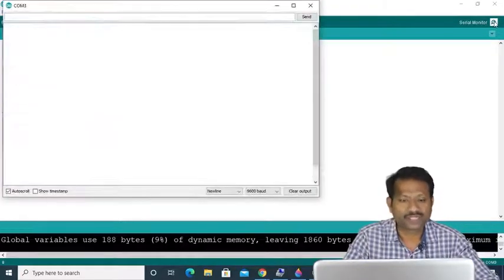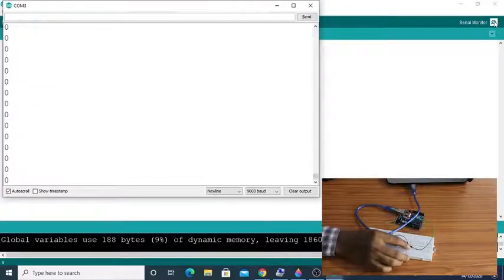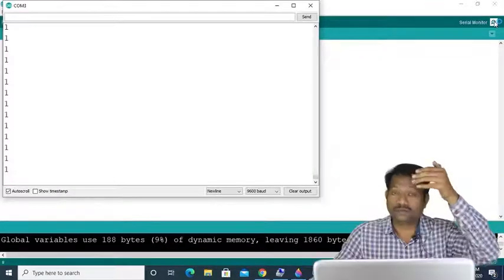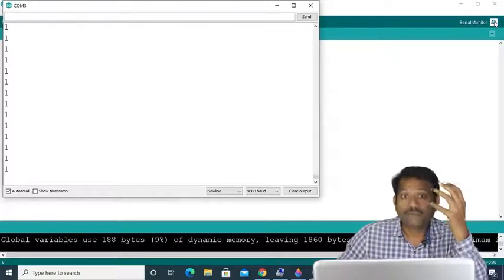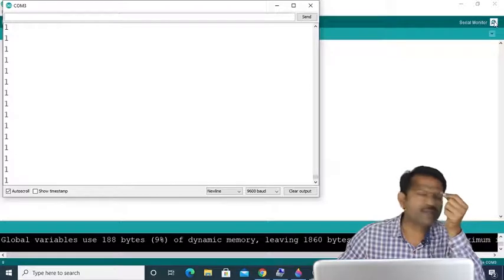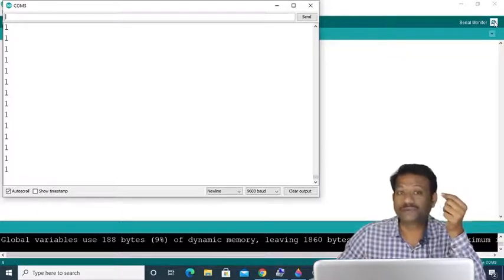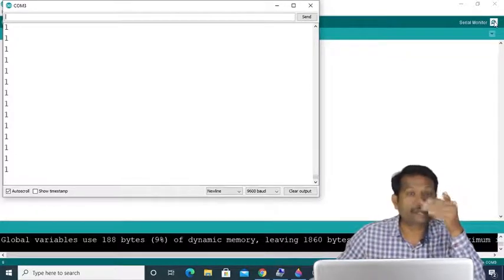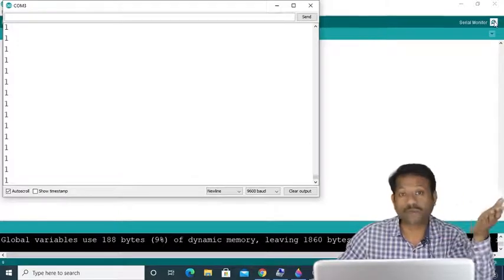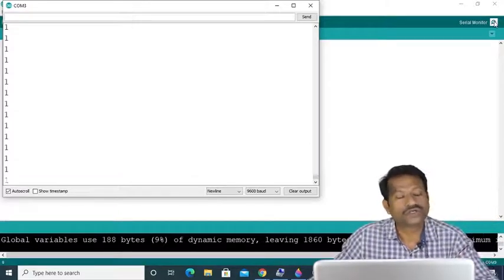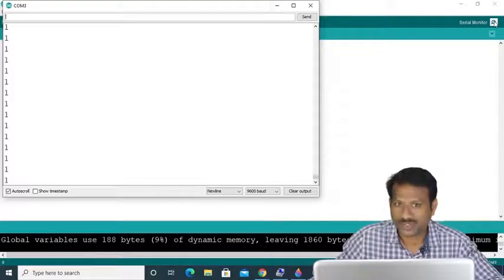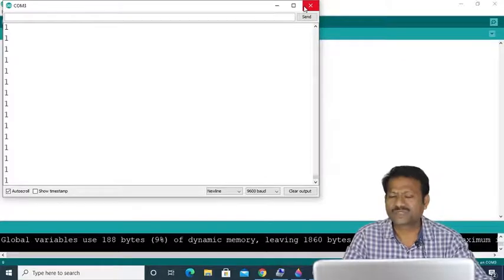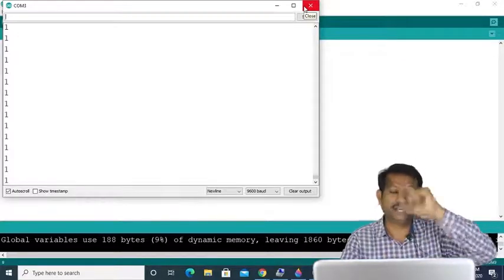Again go to the serial monitor and see logic 0, logic 1. There is no change in our output, but there is a saving of 15 bits in the memory, which is very efficient. Being an embedded engineer, we must save even 1 bit of memory, as memory is very precious. In some programs, it might be possible that we face a problem of lacking memory, and in that case we must save memory. Here we have saved 15 bits of memory. So congratulations.